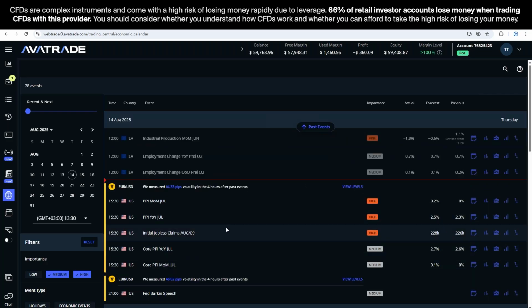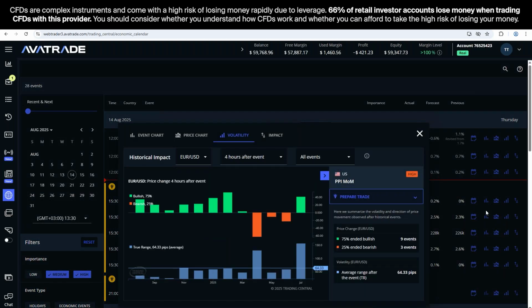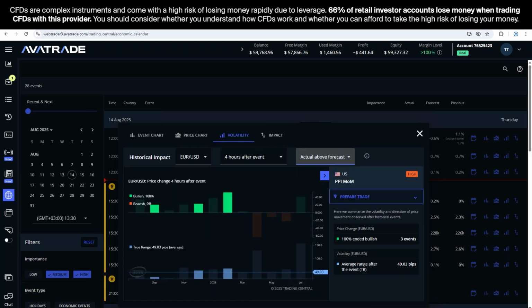So the reason I focused on the initial jobless claims is because I've found in the analysis greater predictability in the initial jobless claims. When the PPI data is at the exact same time as the initial jobless claims, sometimes it can get drowned out by what's being focused on more. So if this comes in above forecast, in this case, there's strong data saying that the USD weakens, okay? And that kind of, in my mind,